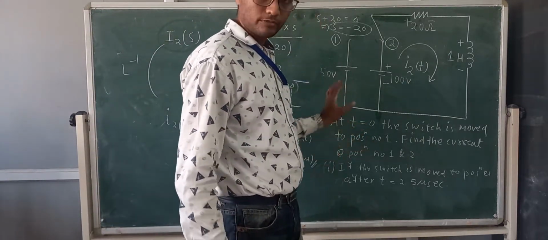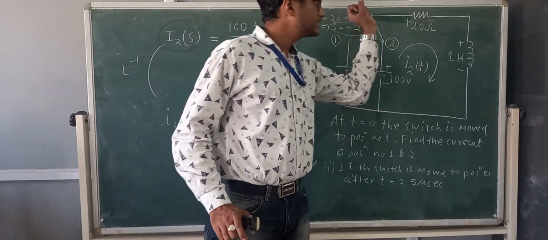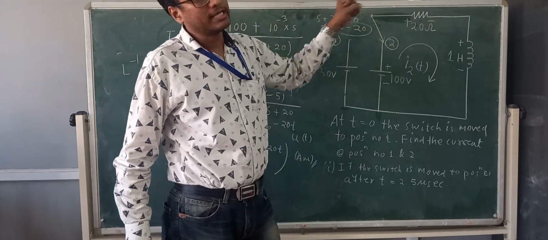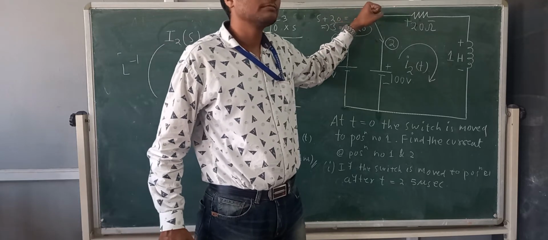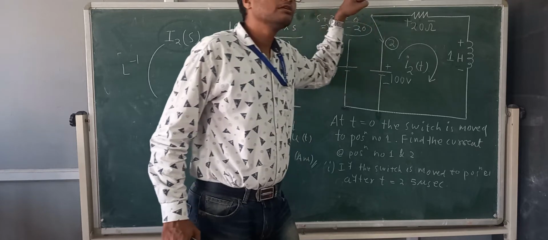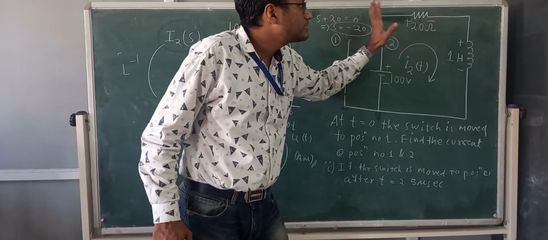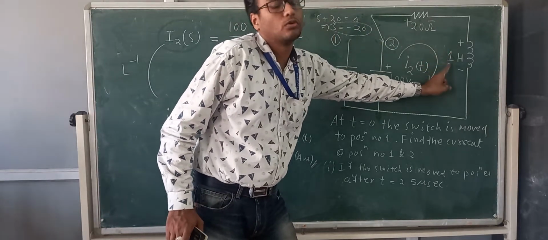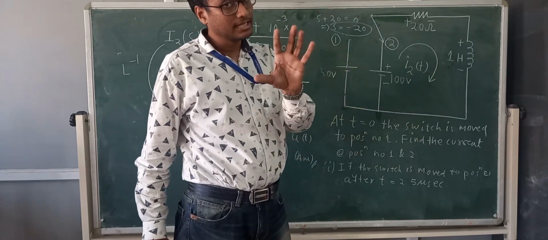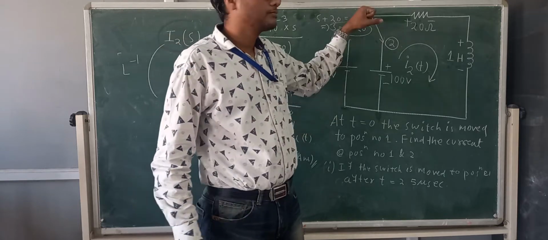So what he was asking here, see here, I am again repeating. He is asking that initially the switch is at position number 1. He said to find the expression for the current for position number 1. When the switch is at position number 1, before connecting, is there any current flowing here? No, it is initially a relaxed inductor. For an initially relaxed inductor, the formula is v by r into 1 minus e to the power minus r by l t. Put it here and find the current.